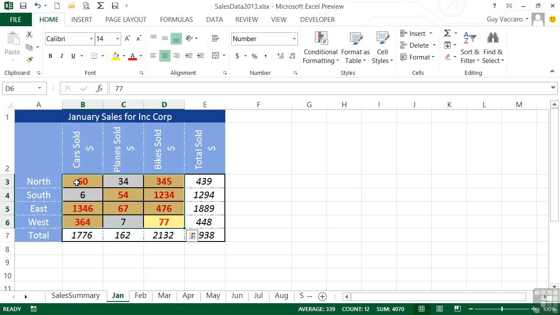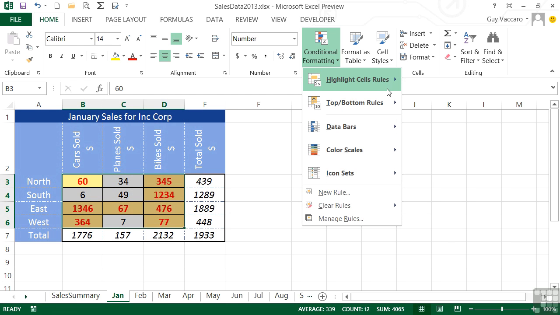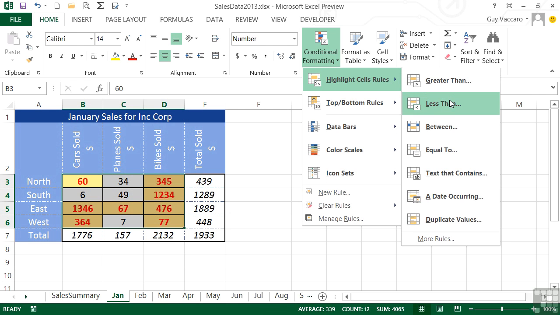When I let go, we see that a number of them change because they're over 50 to the red text in bold on a yellowy background, whereas those that are below 50 stay in the default format. So this could drop down to 49 and we'd see it revert back to the default format. Now there's actually nothing to stop you having multiple conditions on the same cells. So all of these are checking for the value being greater than 50. If I highlight them all, and go to conditional formatting and come down to highlight cells rules, I can add